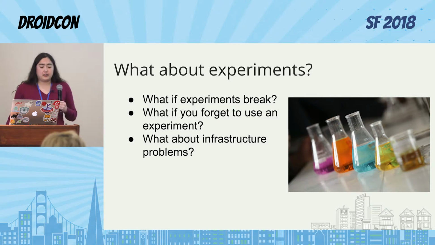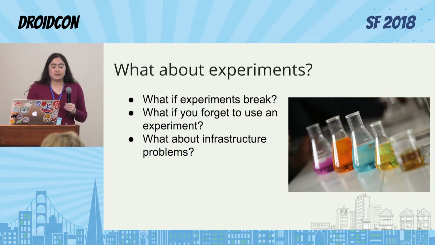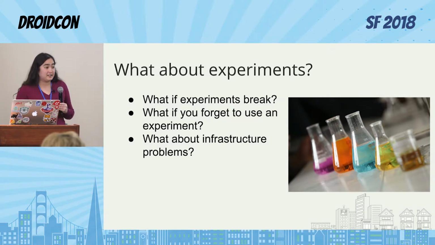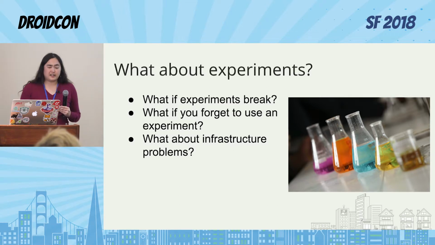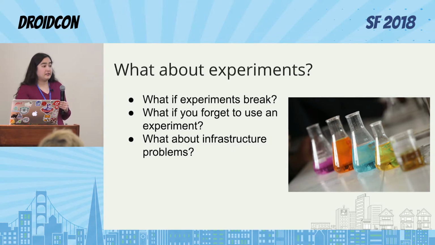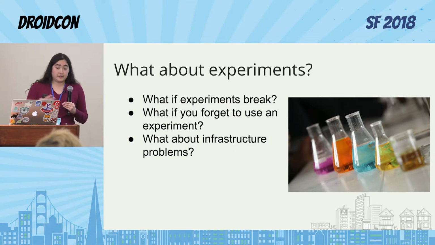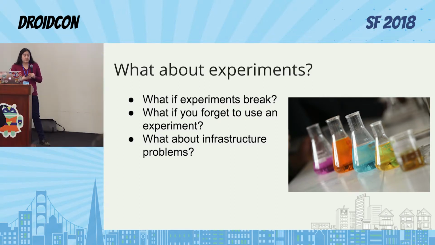And another thing is, when we talk about these experiments, we tend to think about them more around features. We do also put infrastructure changes behind experiments, now more so than in the past, but it's something that people may be less likely to think about. So we think this was a good initial step to preventing these problems, but it doesn't solve all the problems. And it also doesn't solve the problem of generally monitoring what's going on with data on devices.